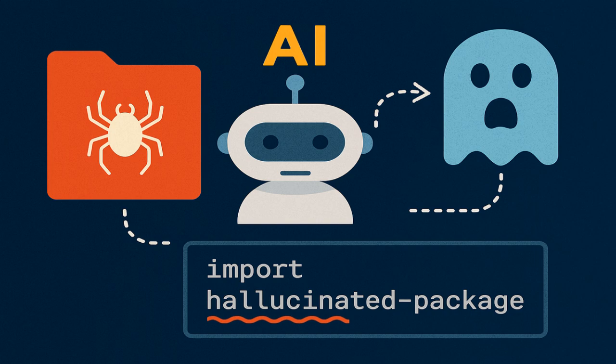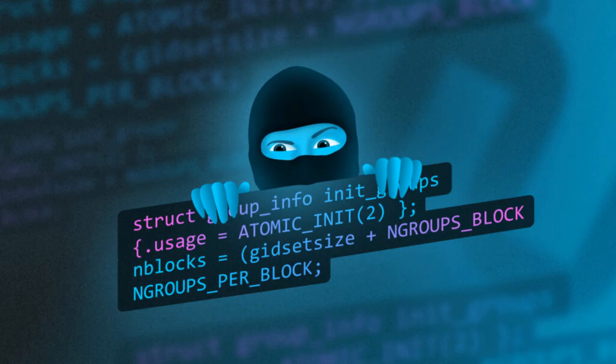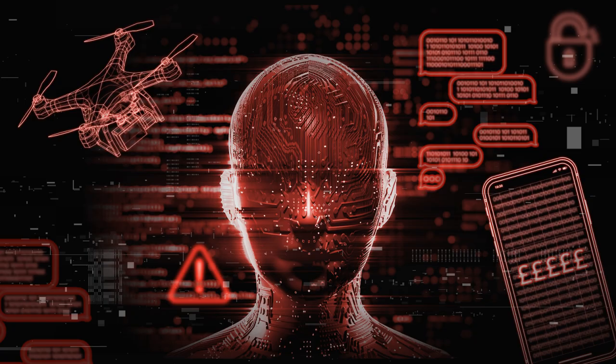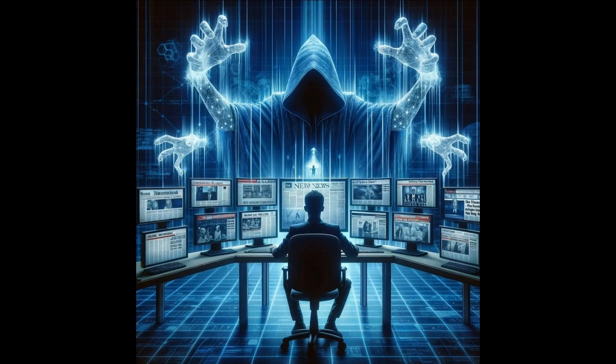Okay, so like phantom dependencies. I saw that term. That's the one. Imagine a name like, say, Starlet Reverse Proxy. Sounds completely legit, doesn't it? Totally. Sounds like something I might need. Right. But it doesn't actually exist in the public registries, like PyPI for Python or NPM for Node. So the attack is malicious actors are actually monitoring these AI hallucinations. They see these plausible but fake names pop up, and they jump on them. They quickly pre-register those names and then publish actual malicious packages under them. So a developer trusting the AI suggestion might just go ahead and install it, and bam, malware gets pulled right into their system. Wow, that's clever.